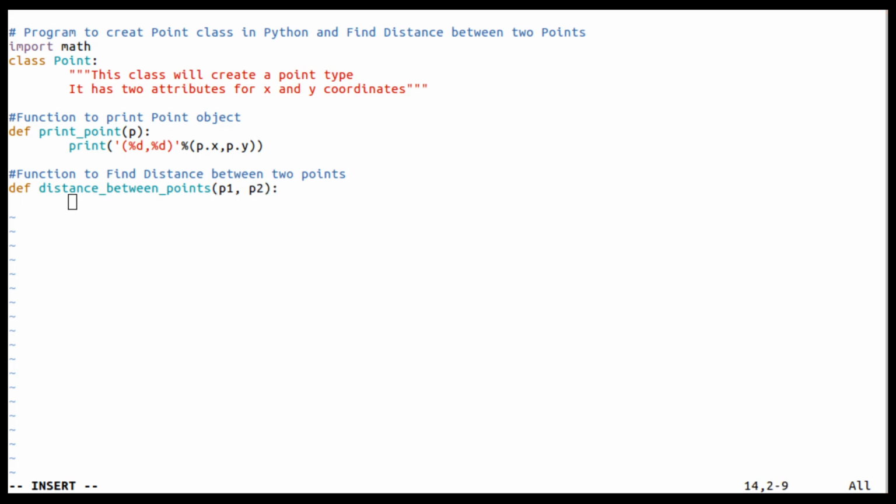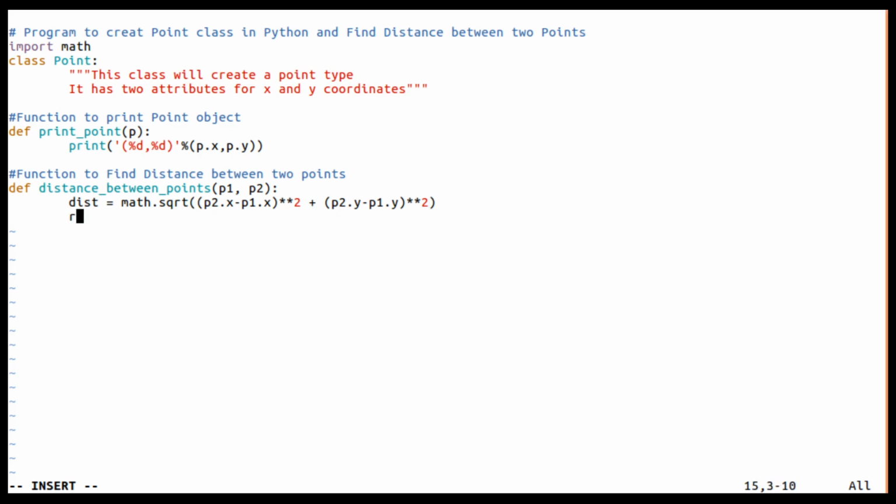So here give the proper indentation. I'll take one variable called dist, which will be math.sqrt, a method available in a math module, which is going to take p2.x minus p1.x, square it, and plus p2.y minus p1.y, square it, and this everything is under square root, right?